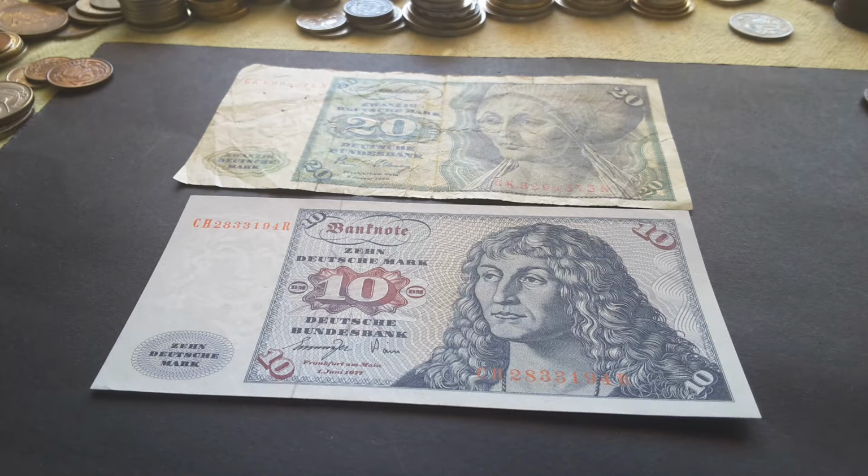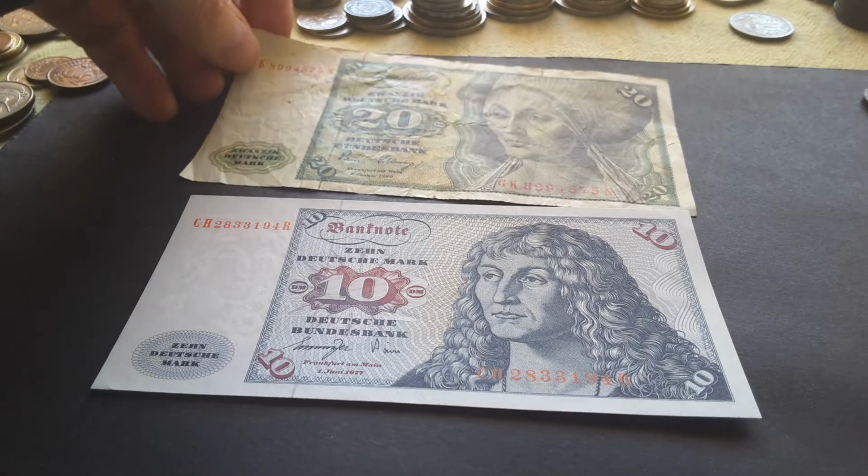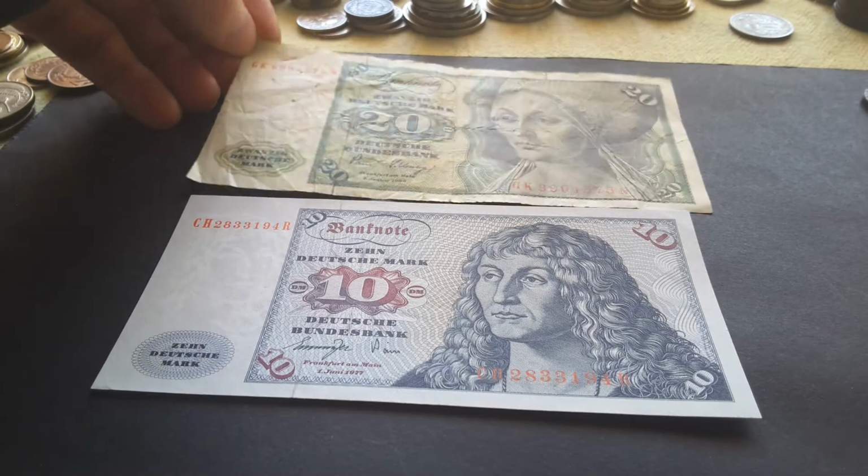The second last design of the German Deutschmark, issued in the 10 and 20 Deutschmarks. As I'm Australian, the equivalent value in Australia will be 10 to 20 Australian dollars, and these actually still have exchange value. As far as I know, these can be exchanged forever or until there's a new regime change,